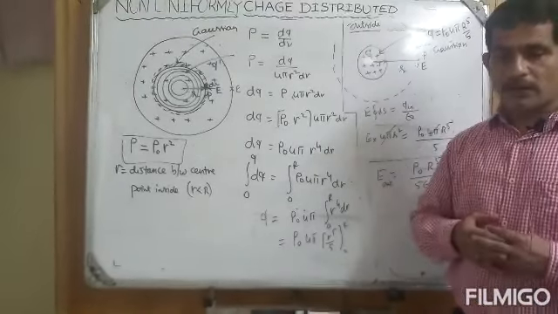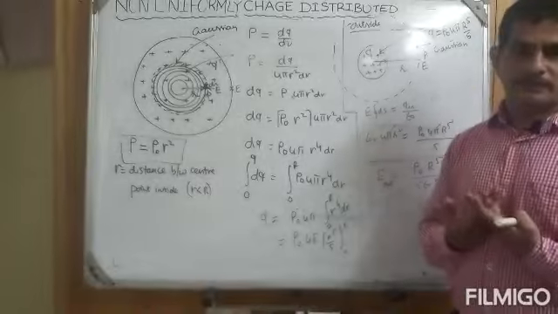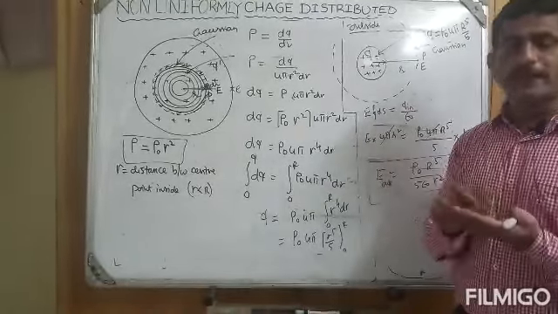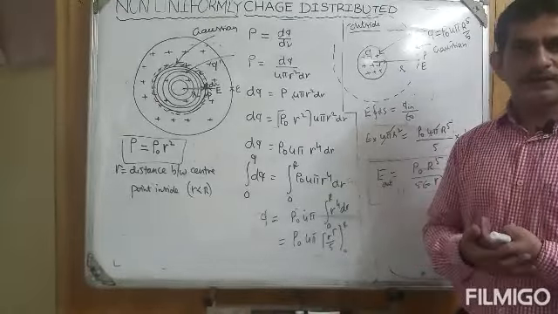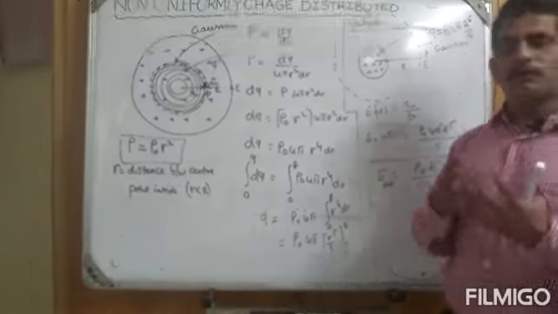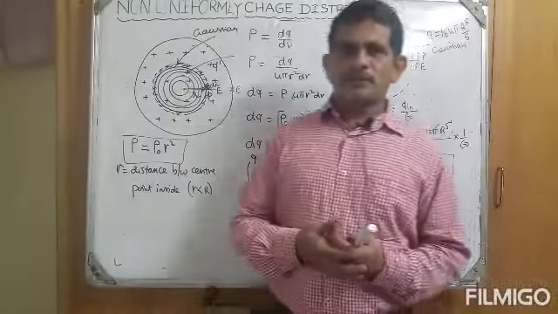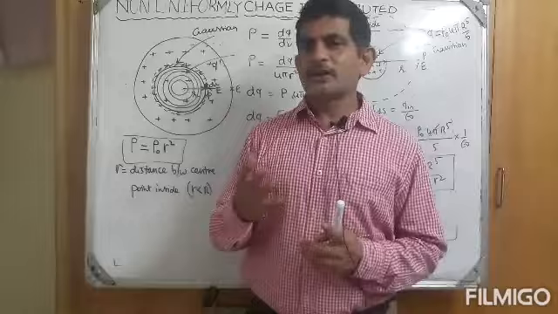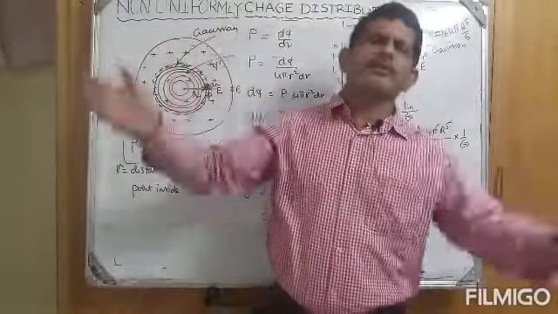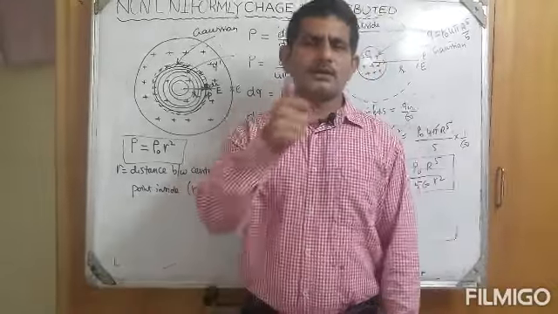Learn twice and thrice. I am not an eminent speaker, I try my best, I explained it to you. Write the notes twice and thrice. Check how you got it, and why sir is doing it like this. Follow that, think about it, and try it for a different function. It may be r square, r cube by r square, like that. Many infinite problems you can do. All the best. Right?